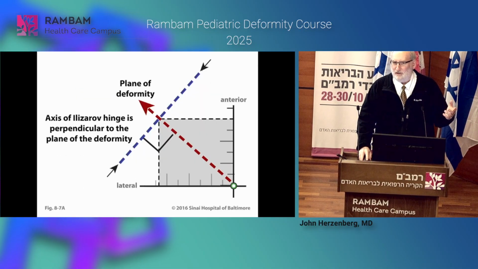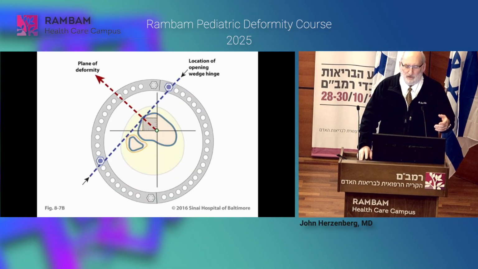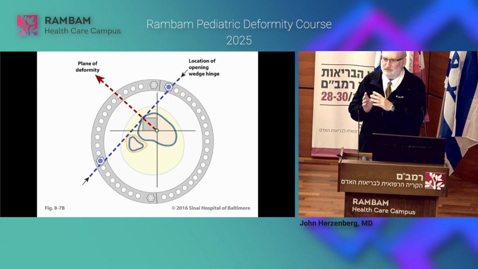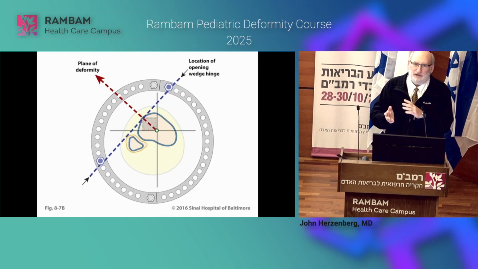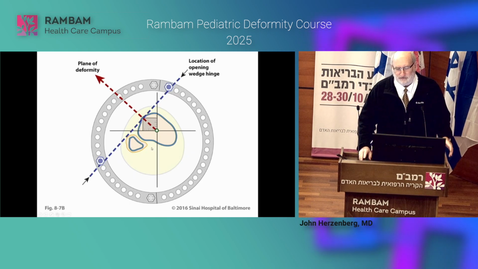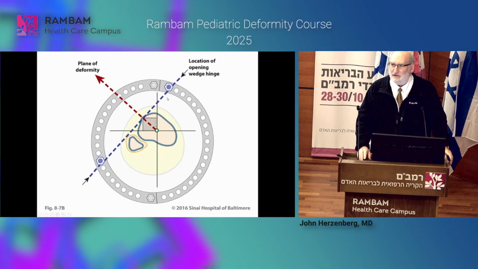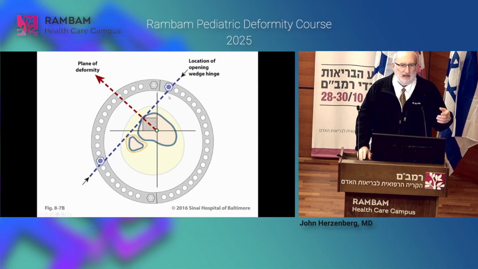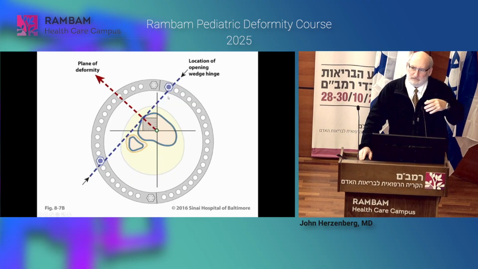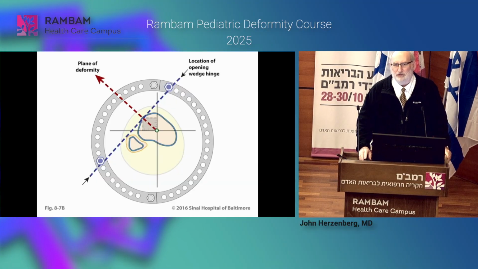Now, why is this important? Well, it's actually not that important anymore, but it used to be important when we had the Ilizarov frame, because we had to build a frame with a hinge that would mimic that deformity. And if we didn't mimic that deformity precisely, we would get an incomplete or a wrong correction. I still do this once in a while, but now with modern methods of hexapod frames and computer-controlled correction, these things are less critical because a lot of this is handled now by the computer without you having to think about it.